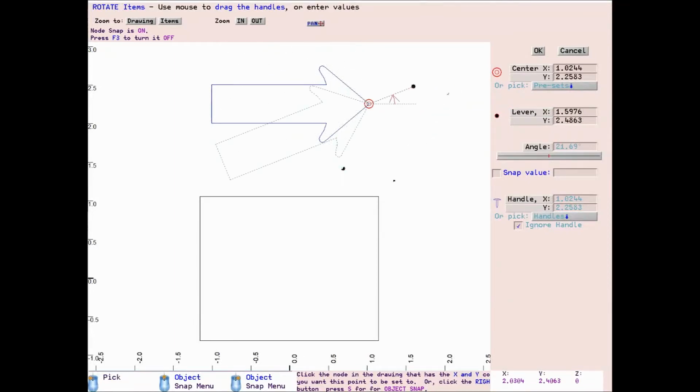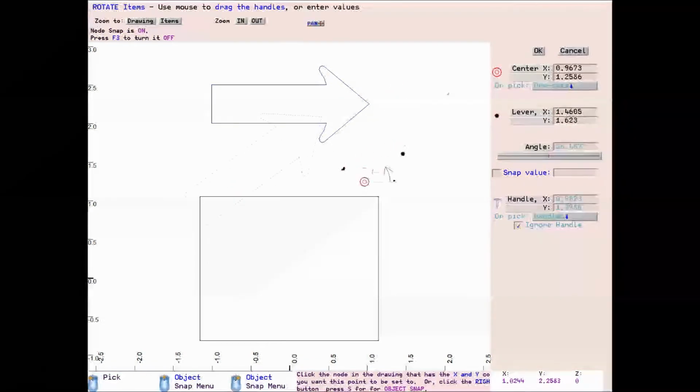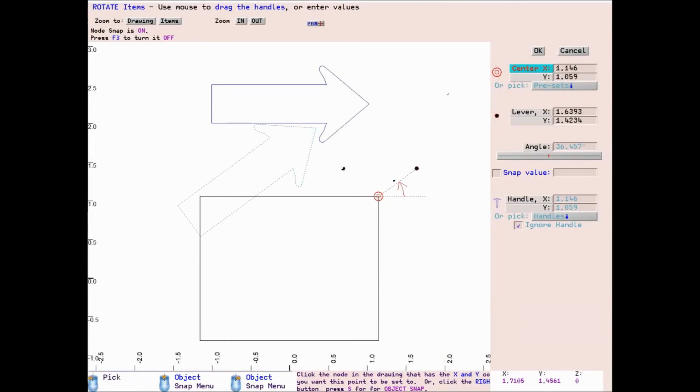I want the arrow in the rectangle and pointing to the upper left corner, so I will move the center of rotation to the corner of the rectangle. However, when I rotate the lever, the arrow rotates around that center of rotation, but never gets into the rectangle in the proper orientation. In order to solve this problem, I have to use the data field that is referred